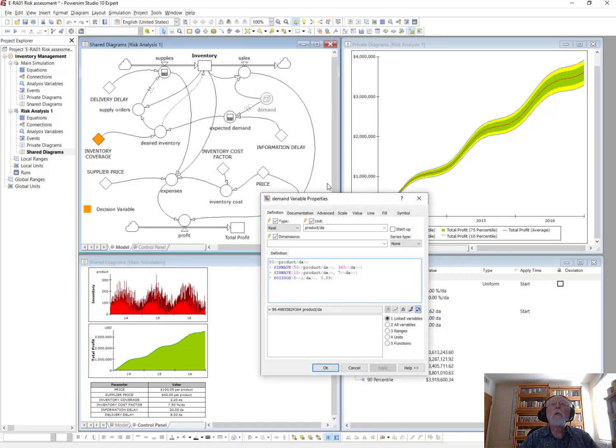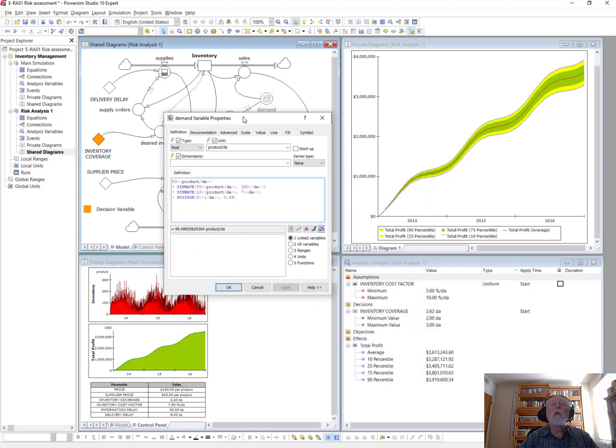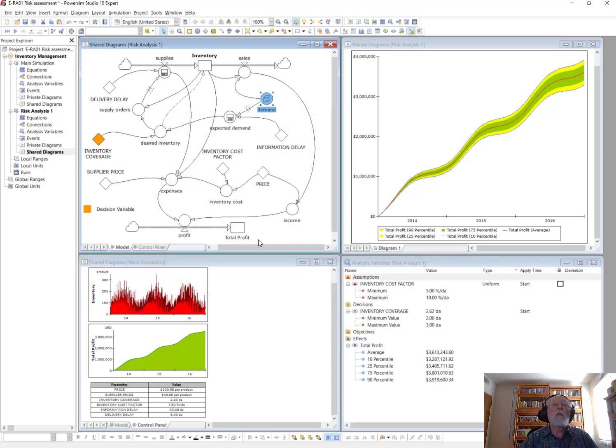Let's open that up. What am I using here? I'm using a couple of sine waves and a Poisson distribution to alter that demand. In fact, just to show you what's going on, let's